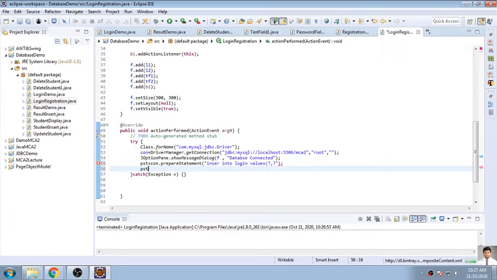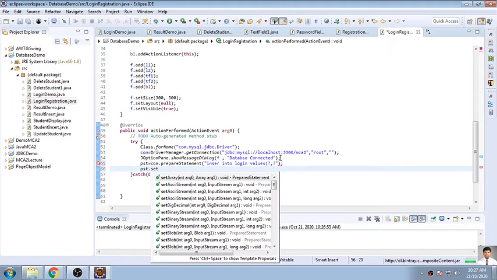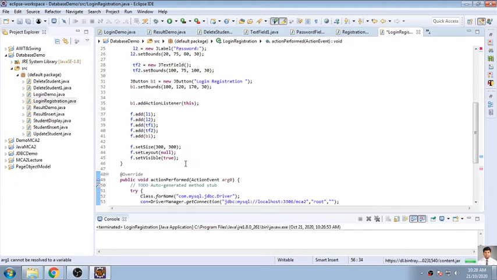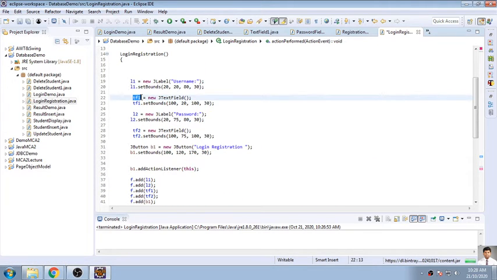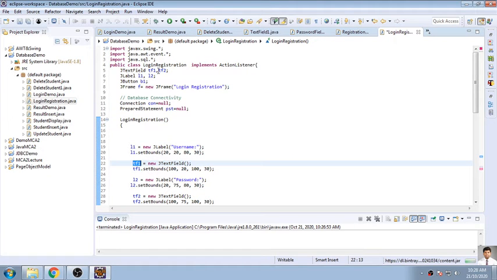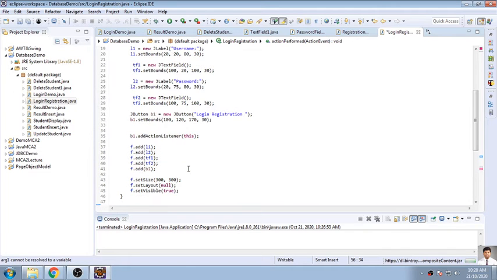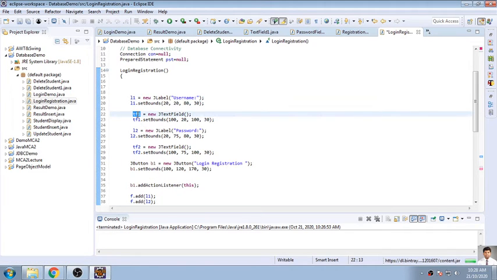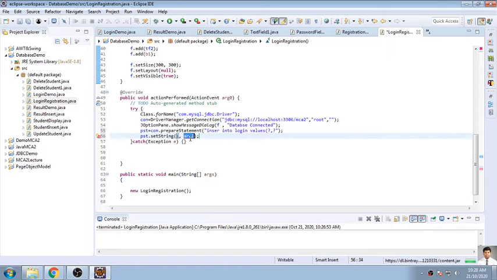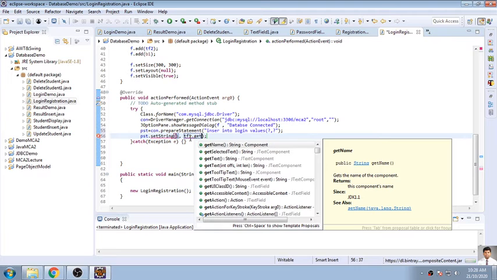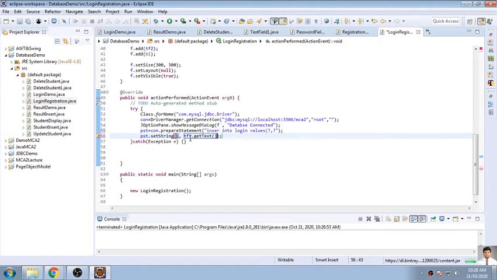So pst.setString, because the username is always a string. This is my first field, and I will be adding something that will be accessed from this table, text box 1. I have already declared T1 here. What is the name of the text box? TF1. So TF1.getText is the function that will be used.